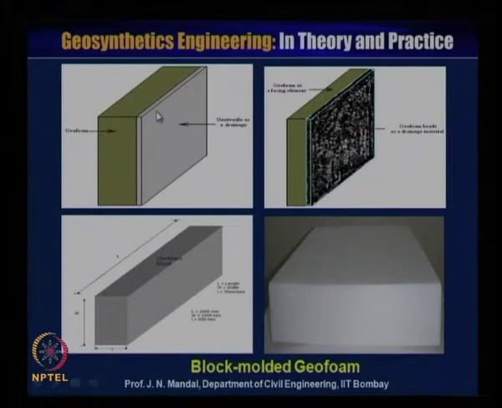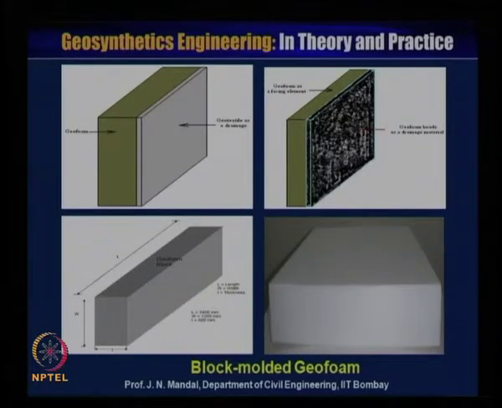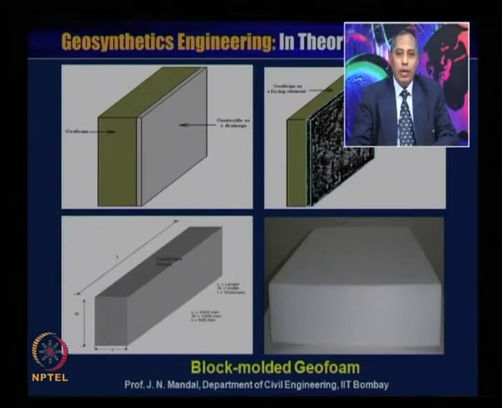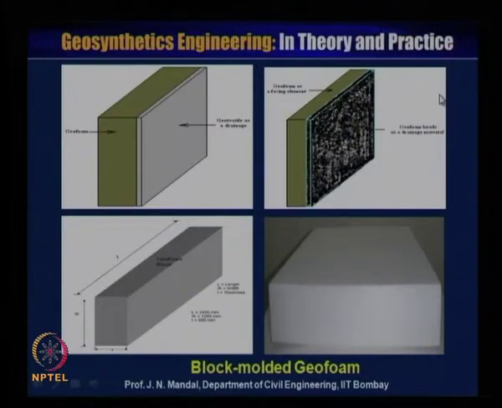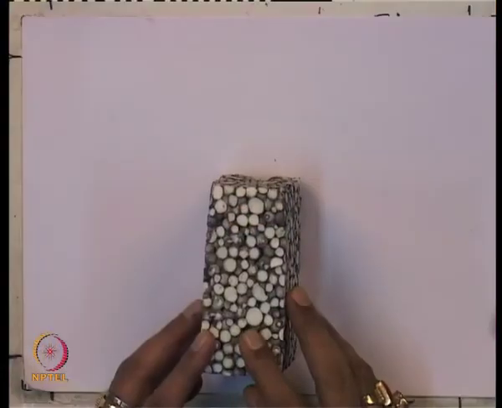This geofoam material acts as a separation function, and this geofoam can also be laminated with the geotextile material, where the geotextile material acts as a drainage. So when separation and drainage are required for any project, then you can laminate the geotextile material with the geofoam itself. Apart from that, this geofoam material itself will act as a drainage.